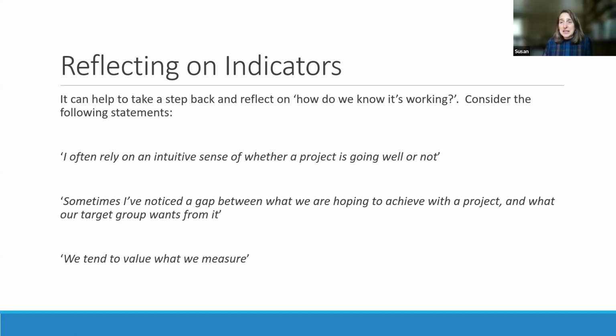And maybe a little word of warning: if you set out an indicator saying that you're going to measure something, make sure that it is actually important to you. If you make an indicator that's measuring something that you don't actually think is important, and then you're way below target, the funder has every right to say, well, look, why didn't you reach your target? And you can't really say at that stage, well, it doesn't really matter because you chose it as an indicator. So make sure that what you do decide to measure is worth it for you, worth it for your target